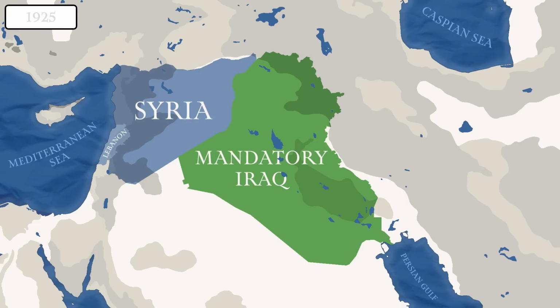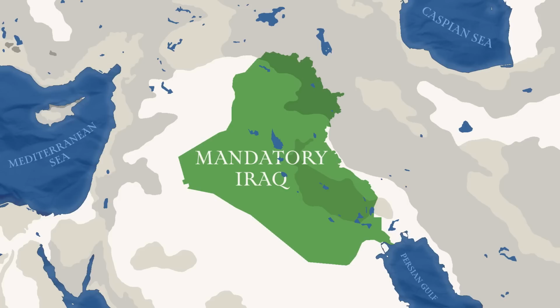However, during the Great Syrian Revolt of 1925, a general uprising across the state of Syria and Greater Lebanon which aimed to bring an end to French occupation, Faisal was not particularly supportive of the rebels, partly because of British pressure and partly because he had reason to believe the French might be open to installing a Hashemite to govern Syria on their behalf. One of the first major challenges faced by the fledgling kingdom was the Mosul question, a